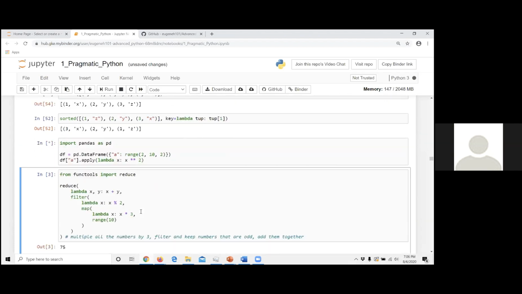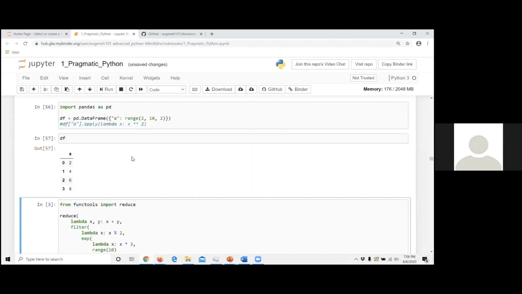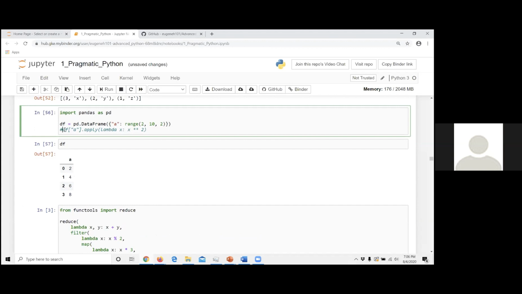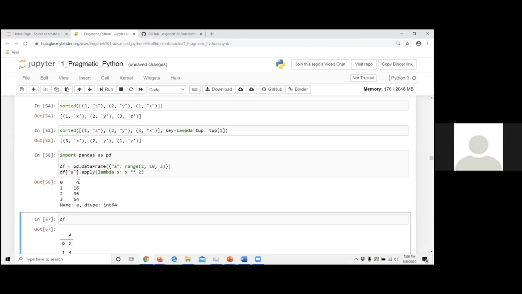Lambdas are also used in pandas apply. Given this data frame, just even numbers 2, 4, 6, 8, I want to create an extra column that has the elements squared. So the lambda function is square that element, so it's 4, 16, 36, 64, right? The construct of the lambda is lambda, which is essentially a def, then your arguments. You can have multiple arguments, just like a def.